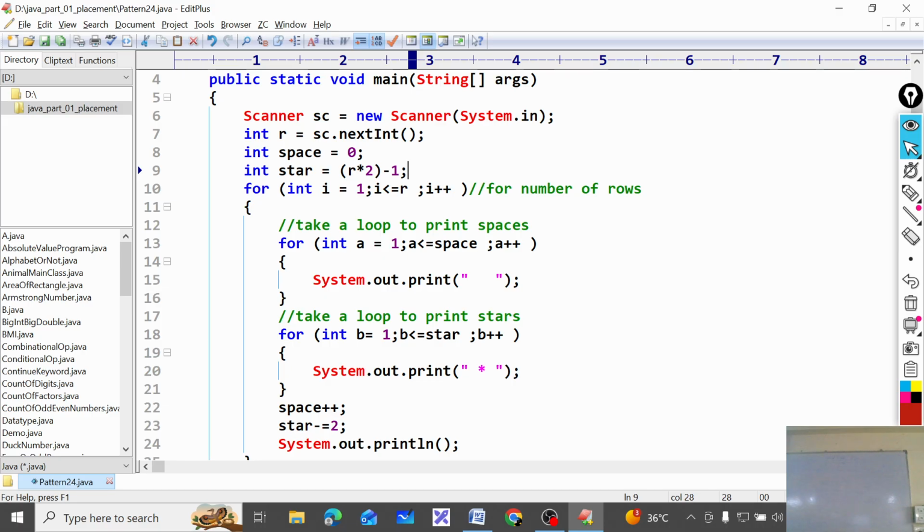No, execute, let me tell you once. Okay? You are getting 6 now? 6 means how many stars you need here? You are not getting here, no? Then where is the problem? Your code is not correct. Just check. Row is equals to 0. Right. Space 0, star is equals to 2. Row into 2 minus 1, you do it. I will tell you. Row into 2 minus 1. Minus 1. Execute this.